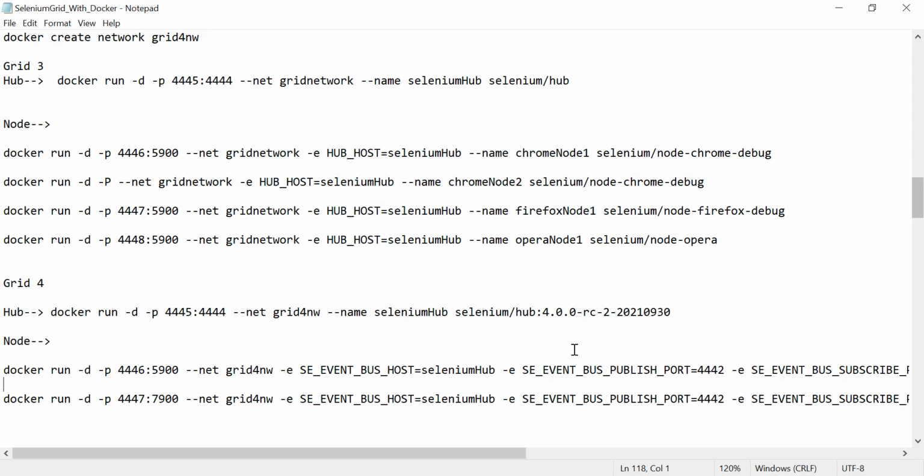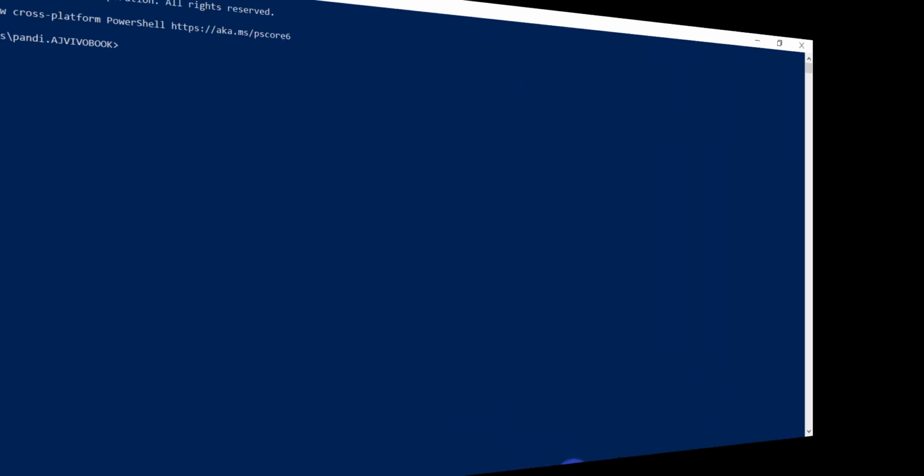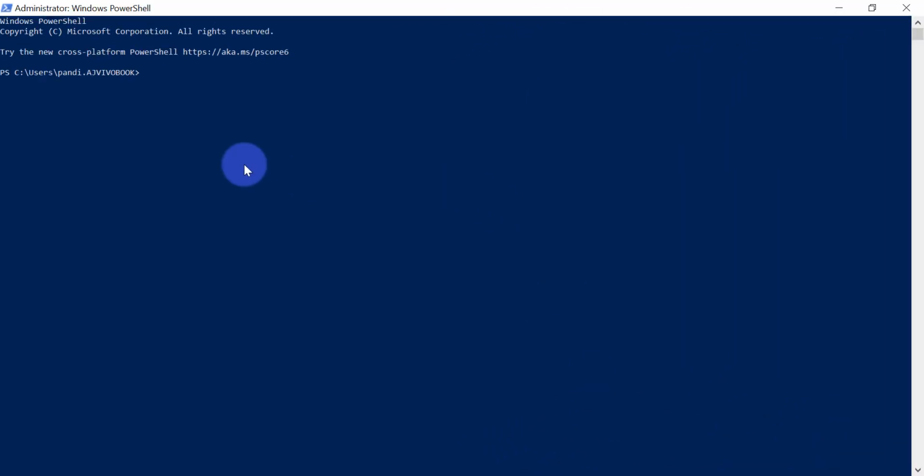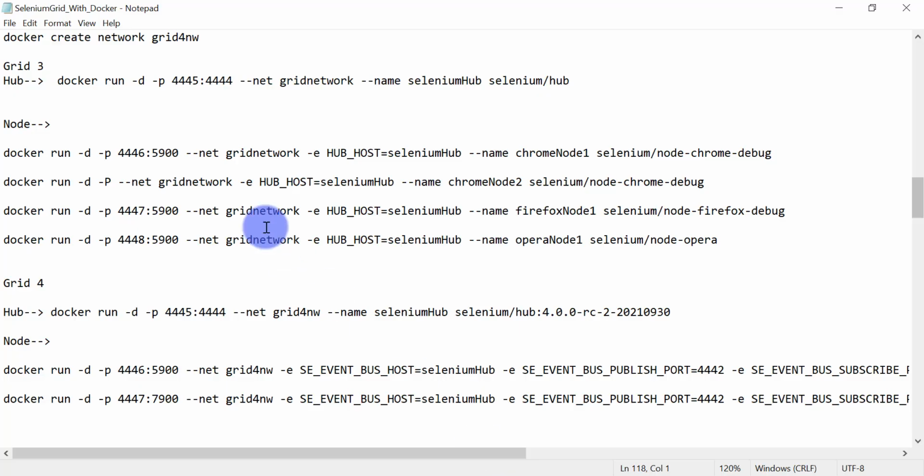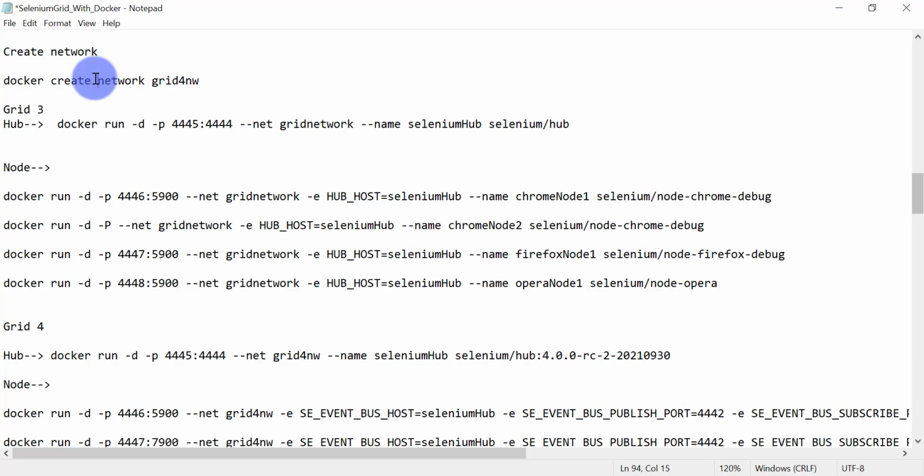Let's move to the PowerShell now. As I already said, first we need to create the network, and then we will create our hub and node containers. For creating the network, this command is a little wrong. It should be docker network create grid4-network.